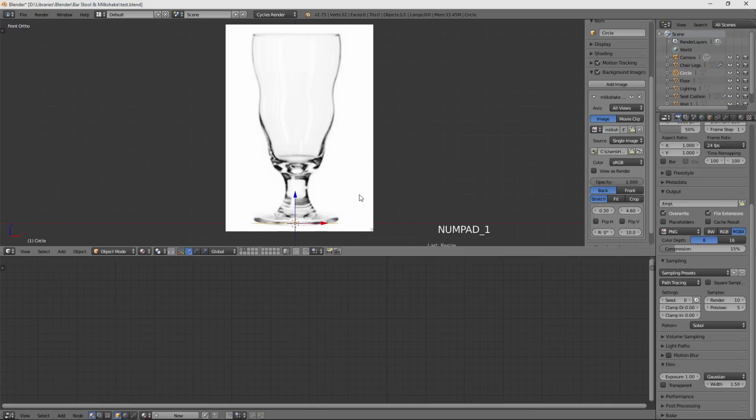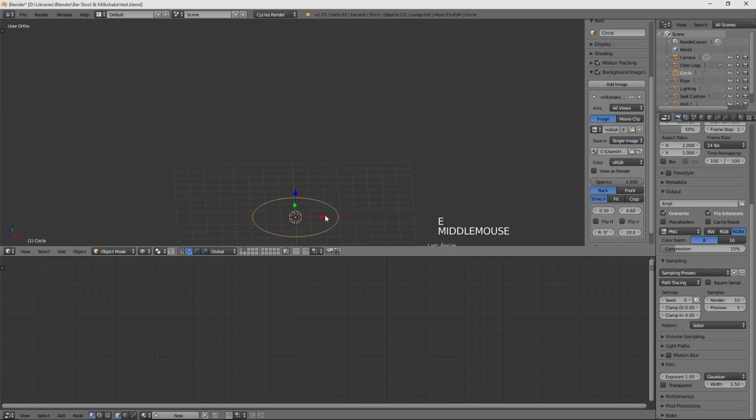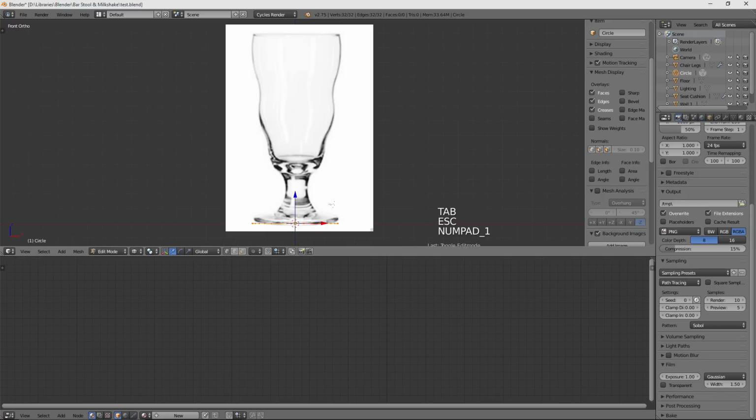And then go back to my view, and I'm going to extrude up the shape. So I'm going to hit extrude, go Z, extrude, grab, Z, extrude. Oh, I'm not in edit mode. Okay, got it now.